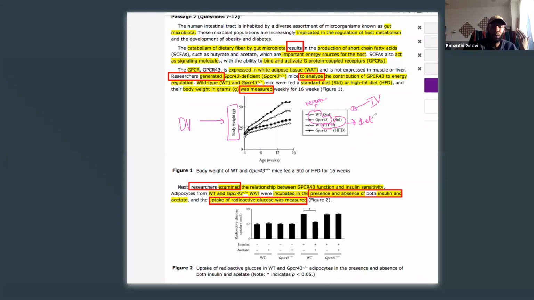Just by a cursory glance at this passage, if we had never even read any of this stuff, right, we could be already able to say like, okay, cool, this passage is about the body weight and whether or not you have like this receptor or this diet. And even if we didn't know what wild type and GCPR are, we could still be able to make some analysis of that relationship there, right? We could say the circle, GCPR 43, seems to be lower than the box, right? In every iteration, without ever having read the passage.